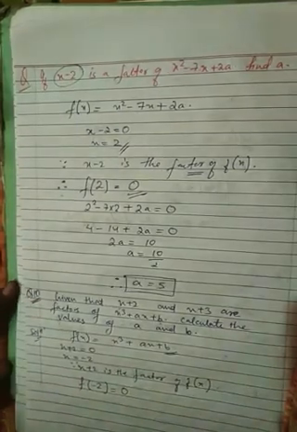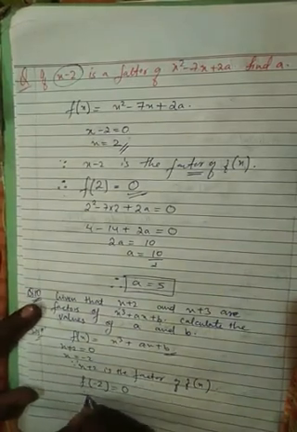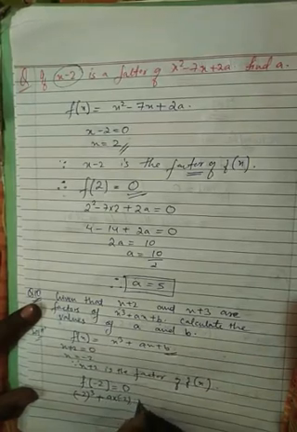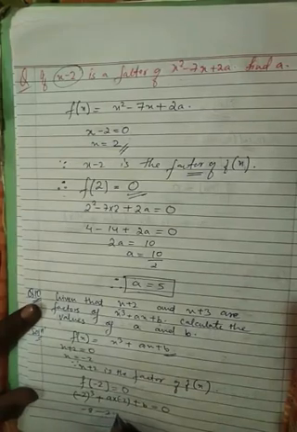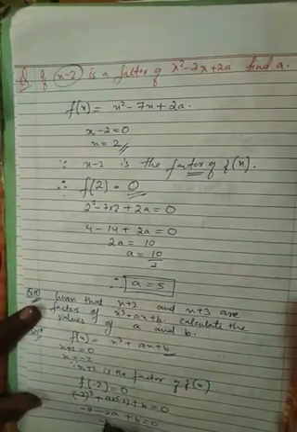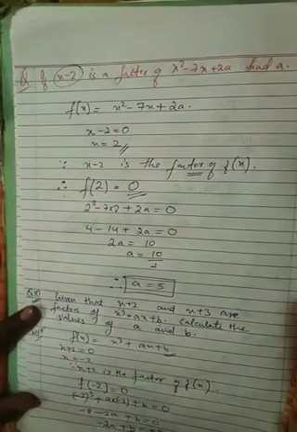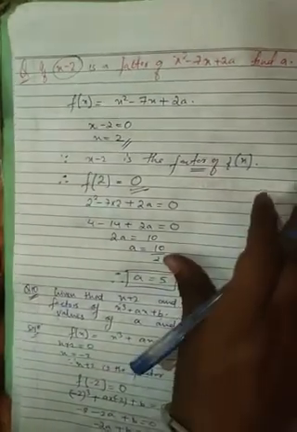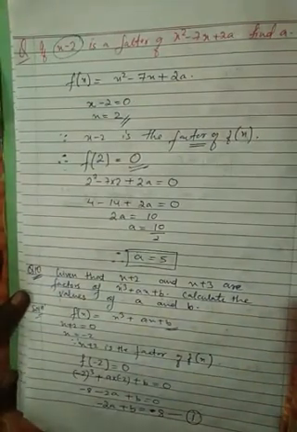Now substitute that minus 2 in the expression, so it will give you how much? Minus 2 the whole cube plus a into minus 2 plus b equals 0. So it will give you minus 8 minus 2a plus b equals 0. So finally we get minus 2a plus b equals, sorry, plus 8. This is the first equation. Clear, all of you? We get the first equation as minus 2a plus b equals 8. Second equation we'll find now.